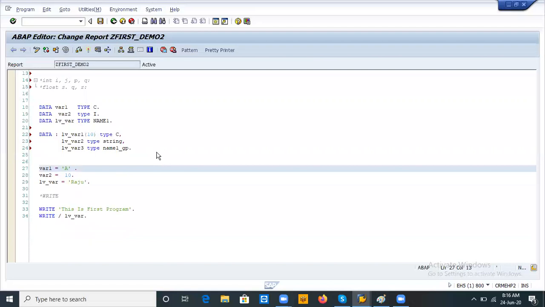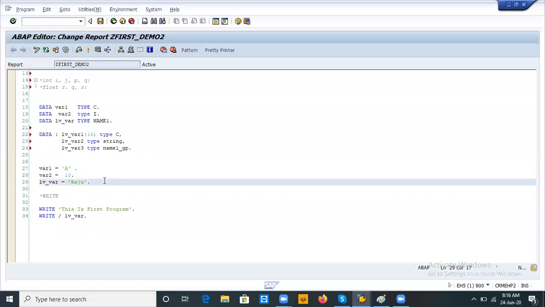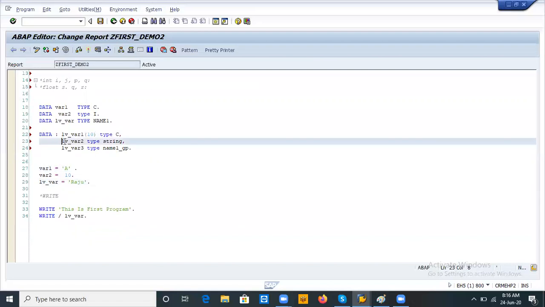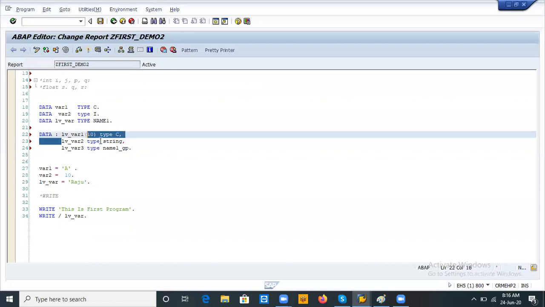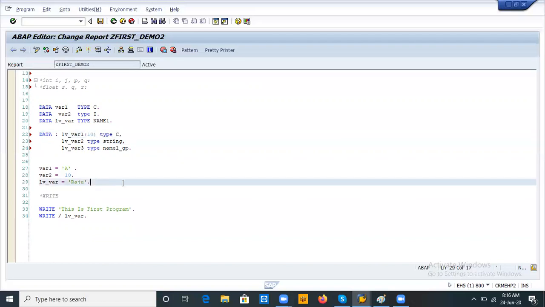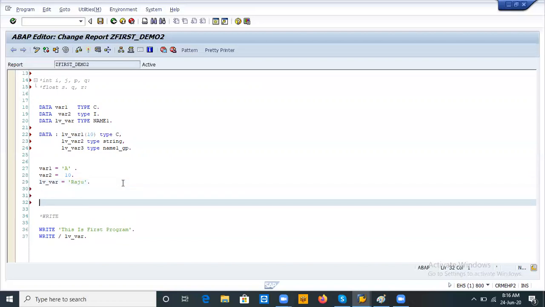And here, see, now I am passing this variable 2, right? I am passing it down here, LV underscore variable 2. Here I am passing a string. String means we can accept it like a string, right?